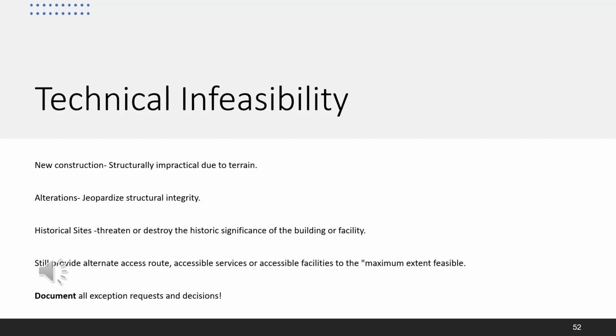For historical sites, it could be something that would threaten or destroy the historic significance of the building or facility. The rule for technical infeasibility is that the public entity must still provide an alternate access route, accessible services, or accessible facilities to the maximum extent feasible. And it is extremely important to document all exceptions, decisions, and requests having to do with technical infeasibility.